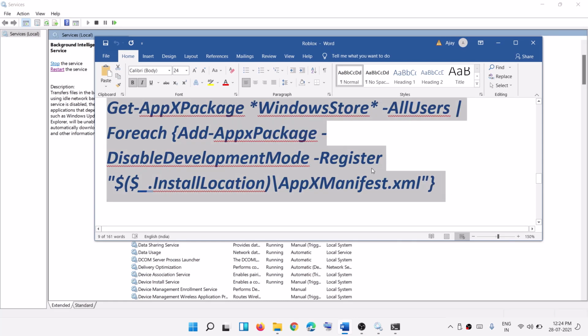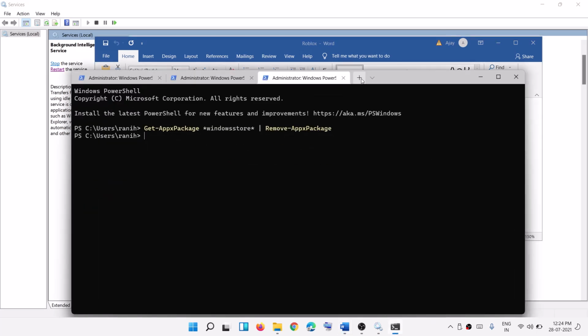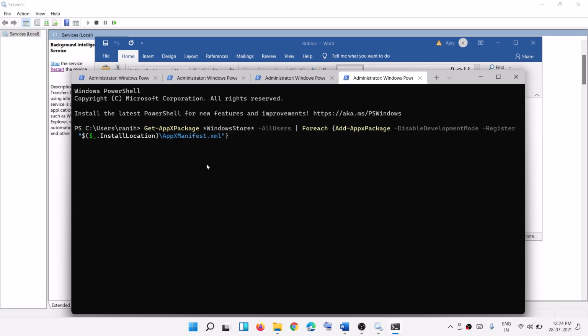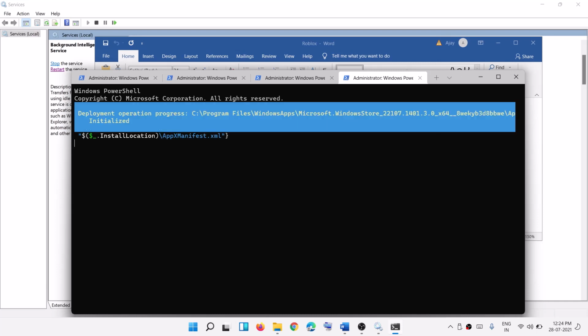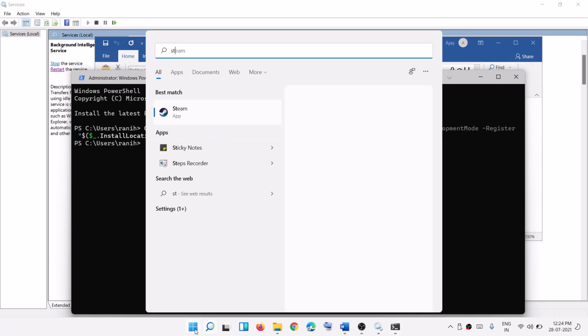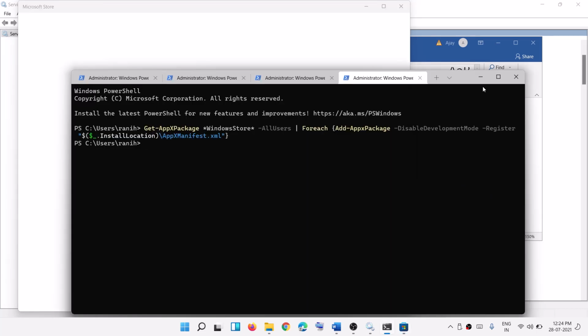So you can go ahead and open PowerShell as I told you, or you can open Windows Terminal and then click on this drop down option over here, then click on Windows PowerShell over here, then hit the enter key, and this will go ahead and reinstall Microsoft Store. So next time when you type in store after running this command, Microsoft Store will be available and you can go ahead and use Microsoft Store.